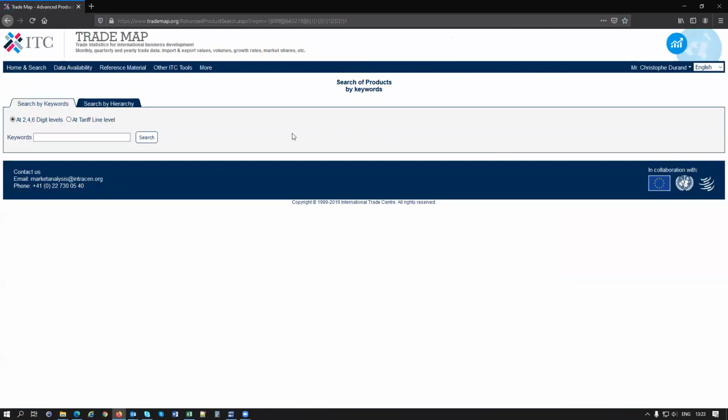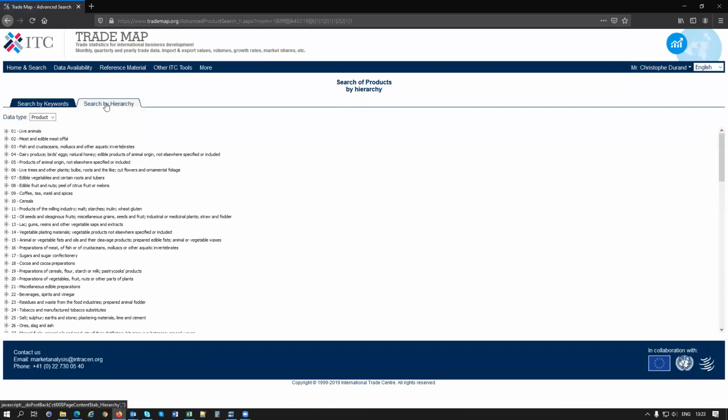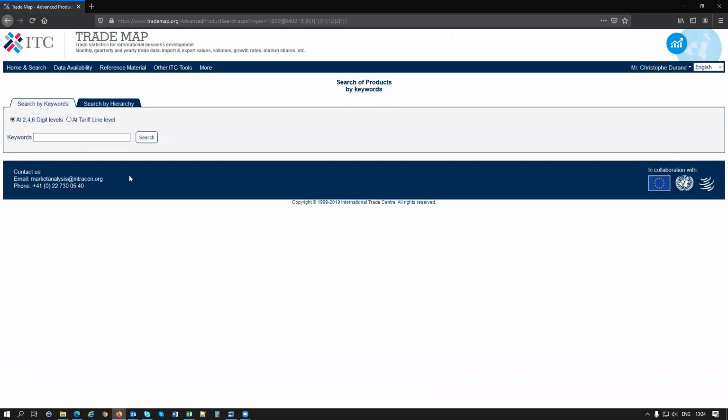And there you have two possibilities. Either you search by hierarchy, so you click on the search by hierarchy tab, and then you get the nomenclature as it is structured, right? Or you search by keywords, right? And here I can just type sports shoes,